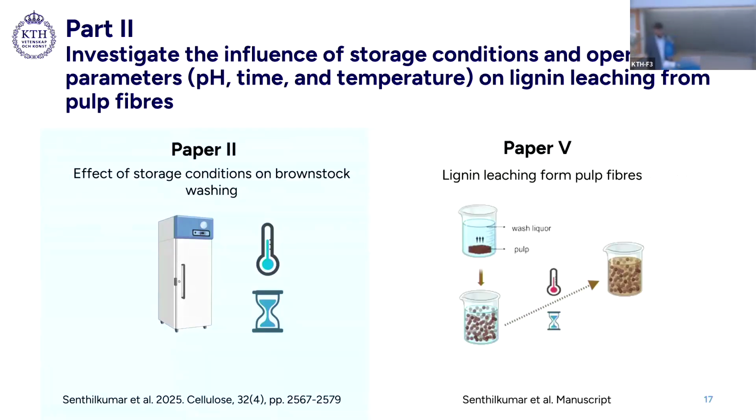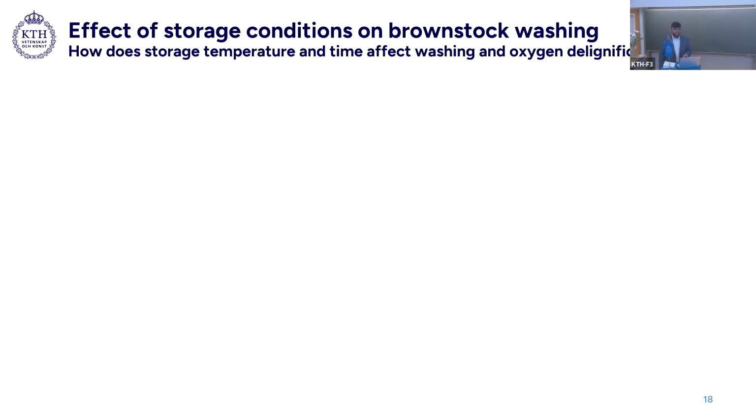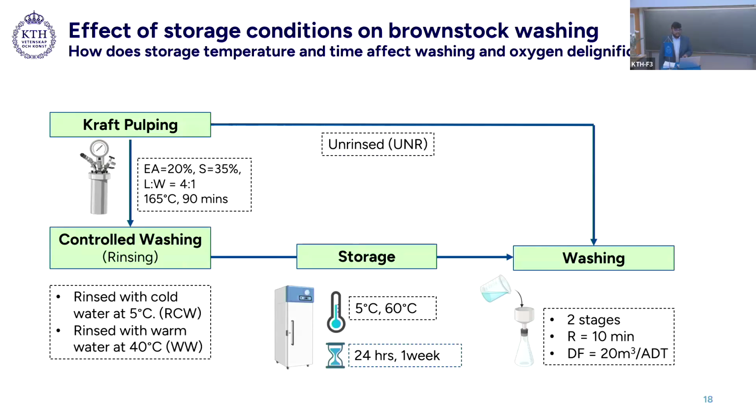And coming to part 2, it is based on paper 2 as well as paper 5. In order to study the effect of storage conditions on brownstock washing, the idea was, why not use industrial pulp, and then we were discussing, let's do a study on storage conditions and how they affect it. So it was a fresh pulping, starting with spruce wood chips subjected to Kraft pulping with the cooking conditions,